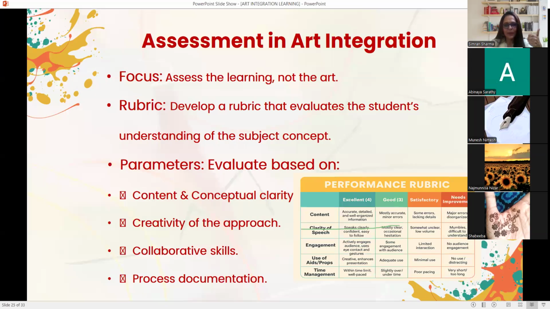Process documentation. Okay, here is a small performance rubric. See, for excellent, good, satisfactory, and need improvement. First is content, clarity of speech. This is one of the English or Hindi activities. Then engagement, use of aids. Here is the art integration, use of aids and props, and time management. Like this, when we evaluate our activities where art is introduced, we need to have proper rubrics for